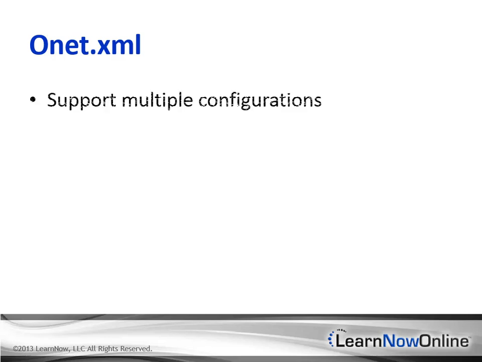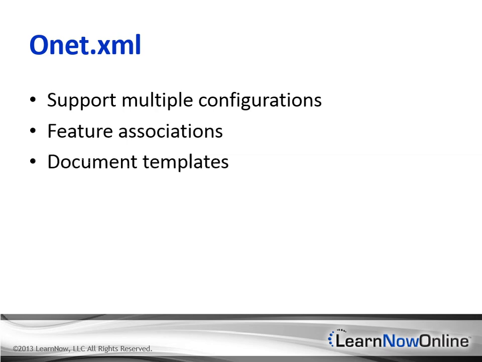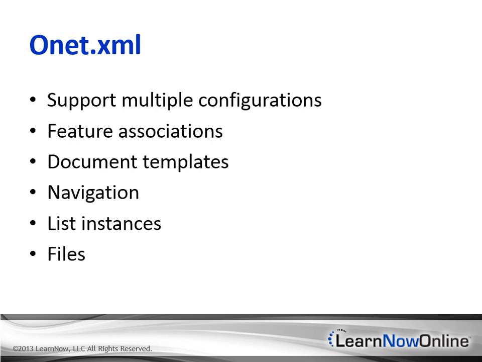The Onet.xml file provides the implementation details of a site definition in a manner similar to an element manifest. In fact, you'll notice there's a lot of overlap in the XML elements that you can specify in each one. There are feature associations, document templates, navigation elements. You can define list instances, files. So basically what you can configure are site collection features, and then web collection features, list instances,